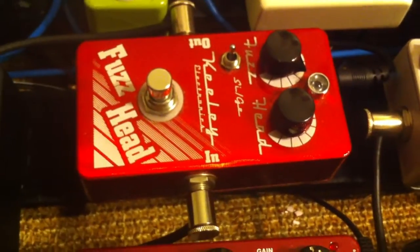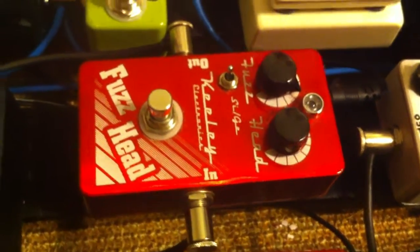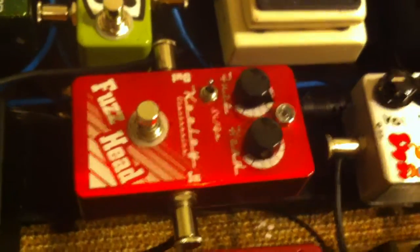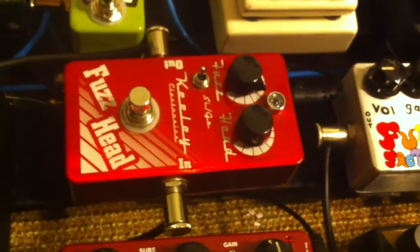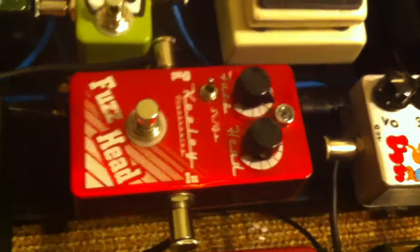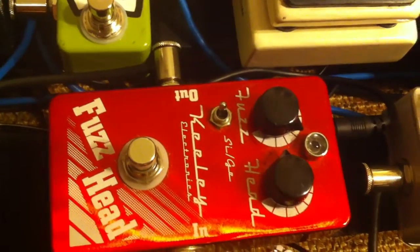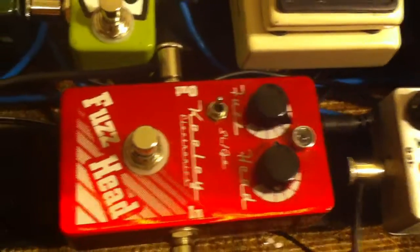From there, we go up to the Keeley Fuzz Head, and I'm a big fan of Robert Keeley pedals. He does a lot of cool stuff and a lot of good mods. And this one, I like to have it on the board because this is a fuzz pedal, and it has that fuzz characteristic, and you have a toggle switch here that gives you the choice between silicon and germanium. So you've got a couple of different transistors to get those different flavors,